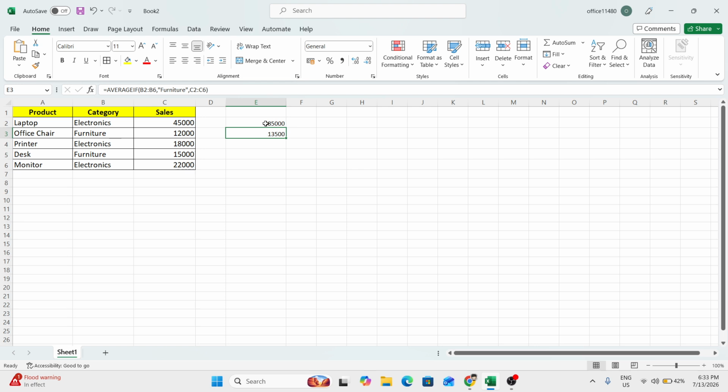This time, we want to calculate the average sales for furniture. Click another empty cell, such as E3, so your new result appears separately from the first one. Then type this formula, equals AVERAGEIF, open parenthesis, B2 colon B6 comma quotation mark, furniture, quotation mark, comma C2